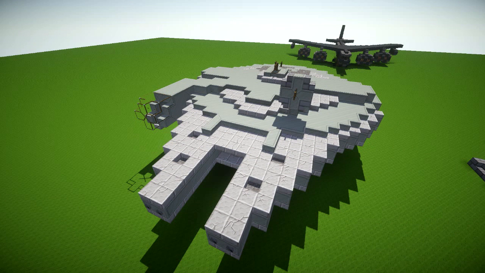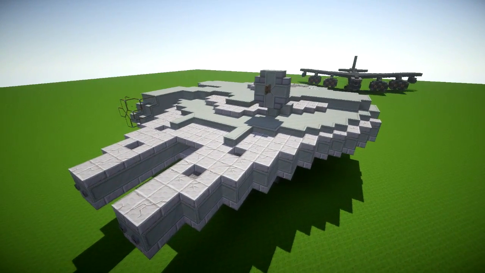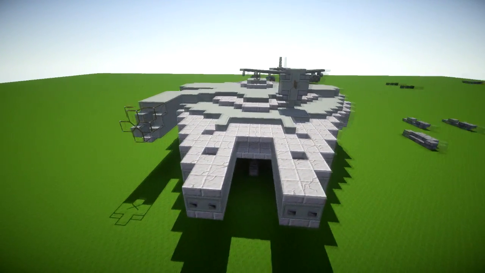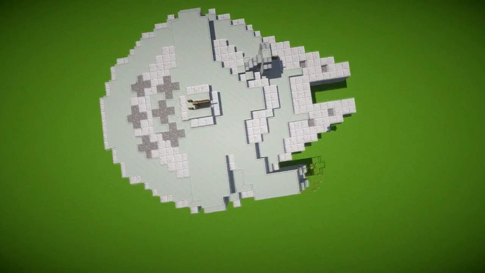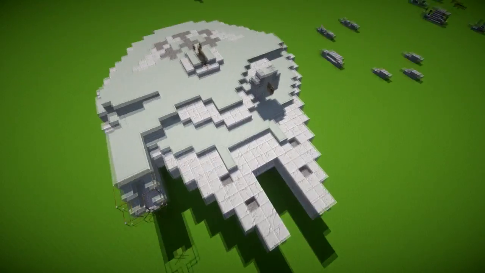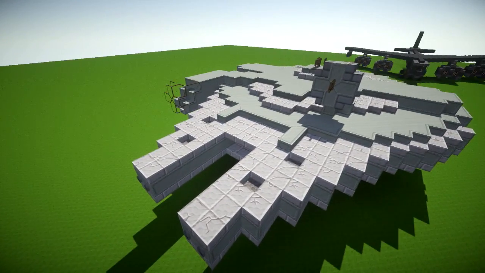Today we're going to be learning how to build the Millennium Falcon. You guys have been requesting this one like crazy, and I finally got around to putting in the time to get it right. It's a pretty crazy shape. Even though it's got a lot of simple shapes in the actual design of the ship, it is still quite complex, and this is a 1-to-1 scale build of one,